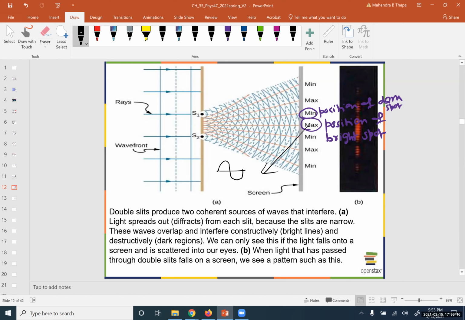We remember from the previous scenario, if this is going to be maximum, the first wave has crest and trough, and the second wave also has crest and trough in a similar fashion. This is the minimum region where intensity is minimum and the spot looks dark. At that position, the first wave has a wave pattern like this, and the second wave has a wave pattern like this, so they cancel the effect of each other. This is how we get the interference pattern in